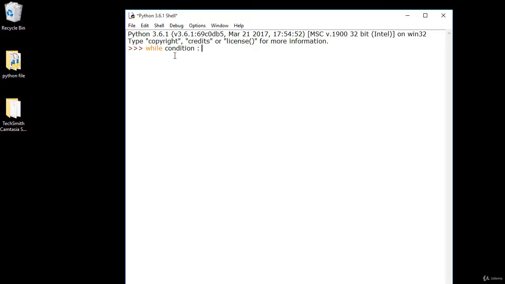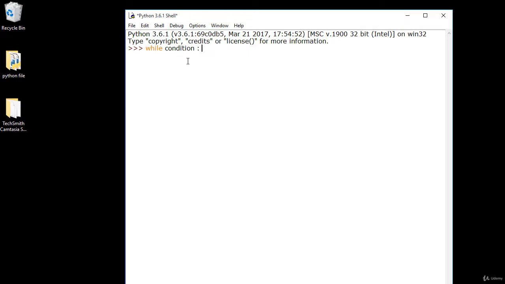So what basically this does is, while the condition is true, the statements within the while loop will be executed. Like we have used the if condition, if the condition was true, then all the execution inside the if will be executed. Similarly here, while the condition is true, statements within the scope will be executed, and when the condition is false, the while loop will be terminated.